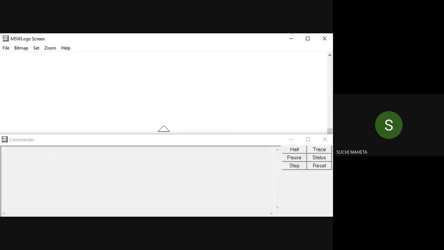Actually there are 3 pen commands. Now as we all know, suppose madam or sir has asked you to write your name on the first line, so you will write your name in the first line. Then ma'am or sir asks you to leave 4 lines and then write your class. To do that, you will not drag your pencil. If you drag your pencil, then a line will be drawn. You raise, pick up your hand from the paper, and then you will come to the 4th line and write your class.